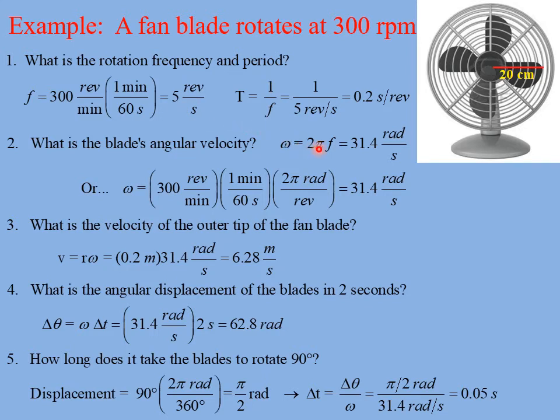So I have 2 times pi times 5, which is 31.4 radians per second. Another way to do it, which is perfectly fine and good, it's maybe a little more lengthy, is we can